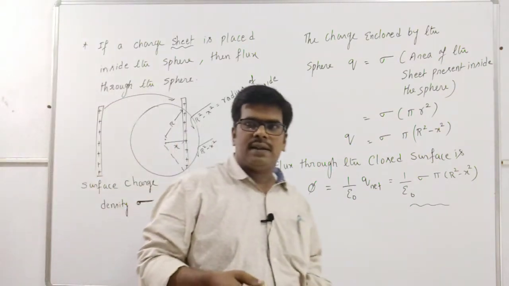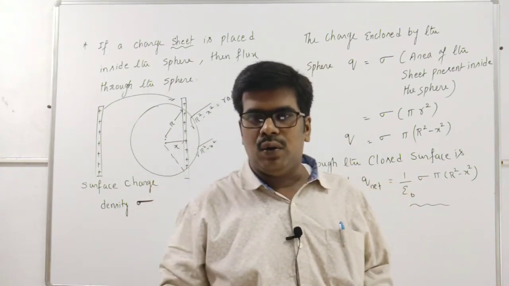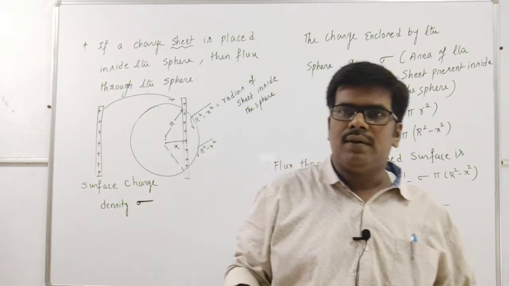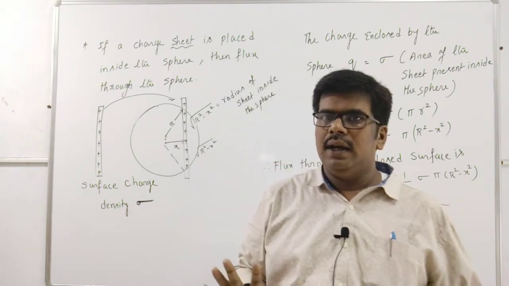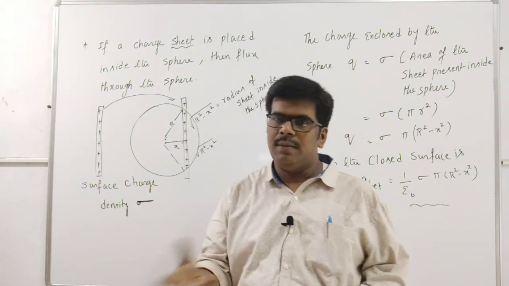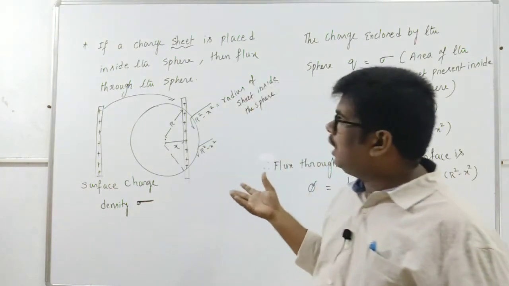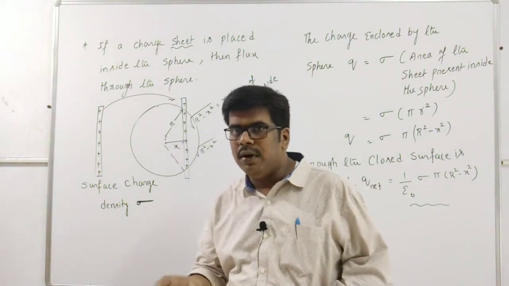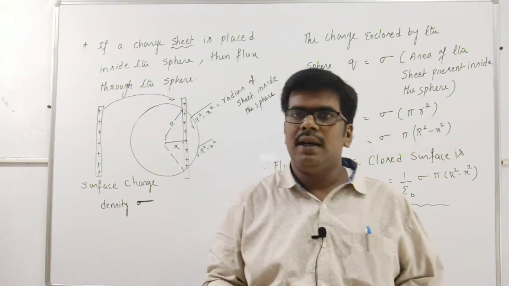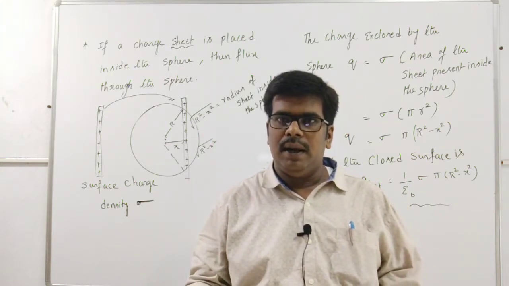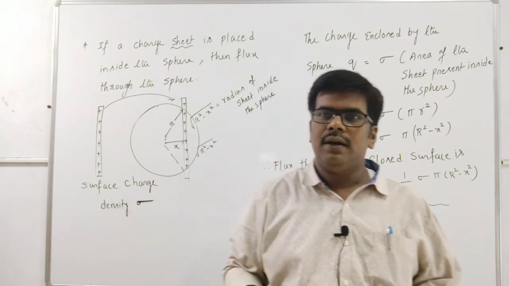So these examples we are discussing to understand that when a point charge is inside the closed surface, the flux through the closed surface is nothing but 1 by epsilon naught times the net charge. Whether it is one charge, or the algebraic sum of the charges if more charges are present inside. If instead continuously charged distributed bodies are present inside the closed surface, net charge means, if it is a linear conductor, we need to find the net charge by multiplying the linear charge density by the length of the conductor present in that closed surface.